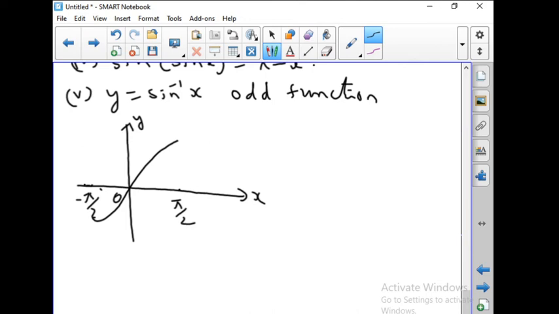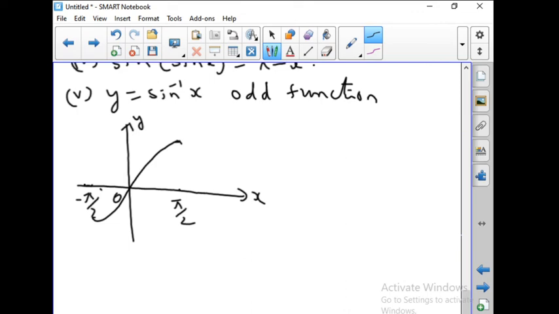Okay, it goes like this and turns here. Here it reaches the maximum height. So, the maximum height of the curve gives the amplitude. The maximum height distance of the curve from the x-axis gives the amplitude, and the period is the distance covered for the function to complete one full cycle.